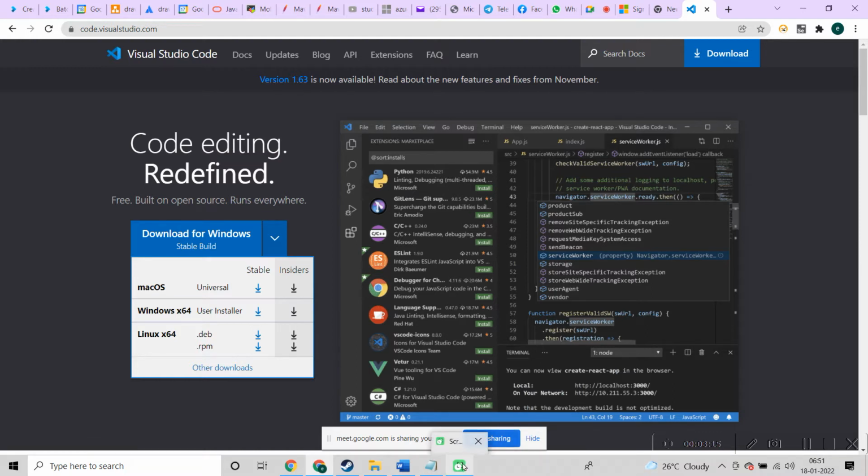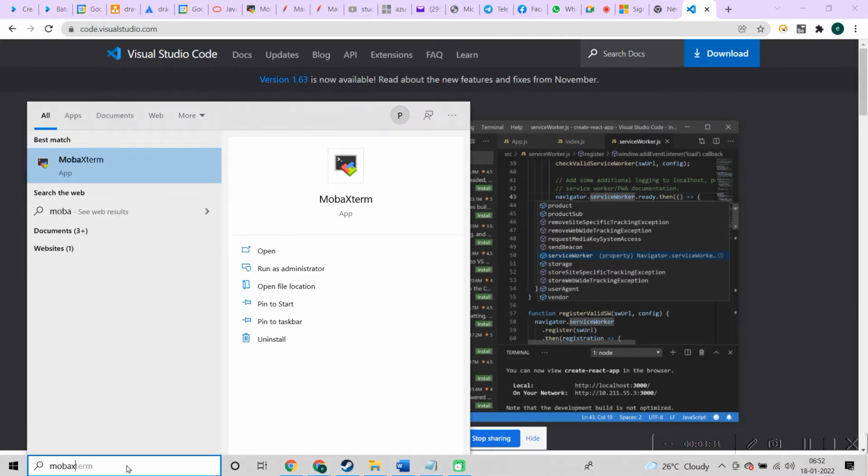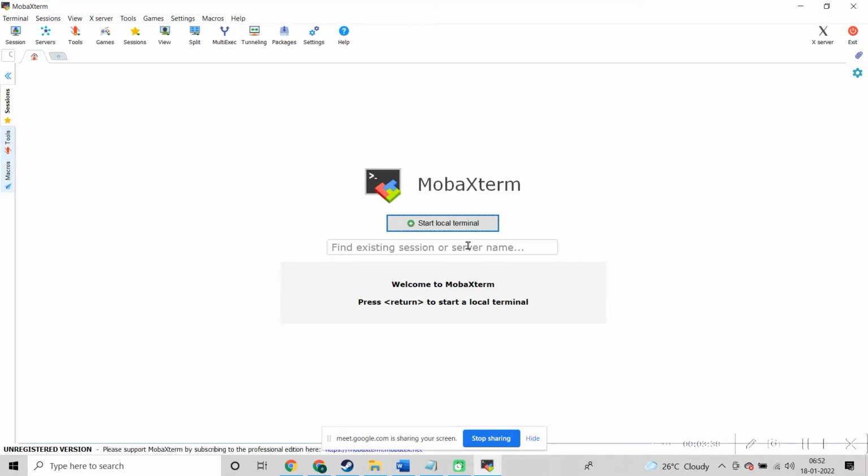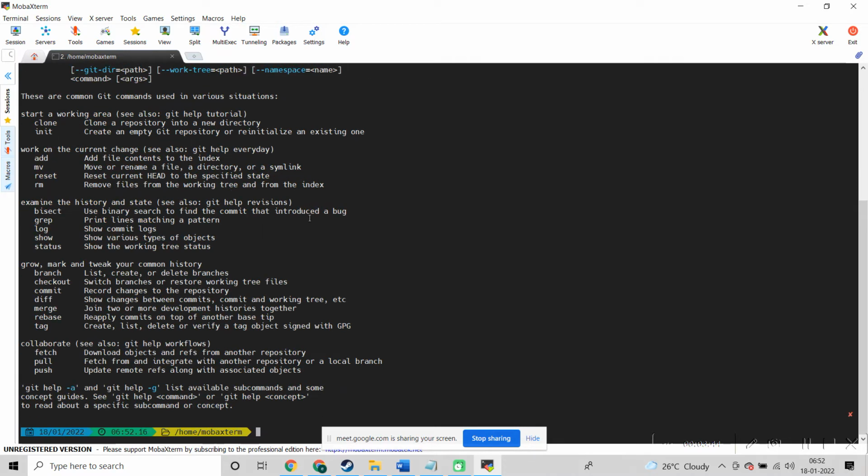So just open that MobaXterm and write git there. Usually the git client is included in MobaXterm, I guess. Just check it here. Are you able to see my screen?